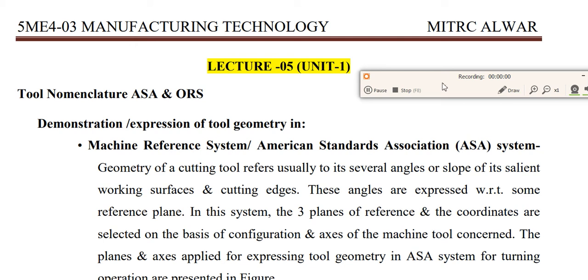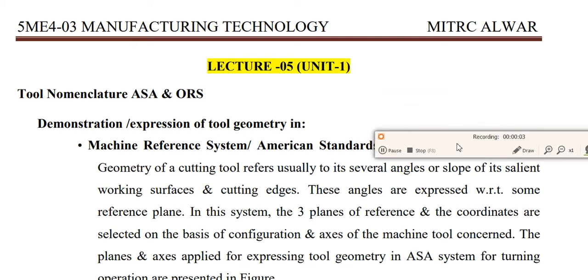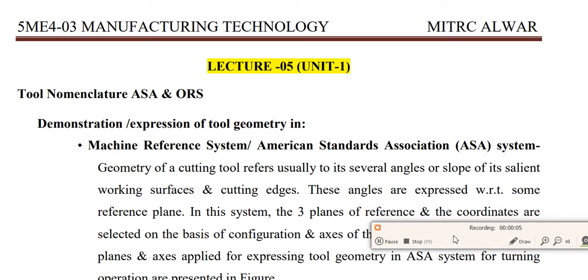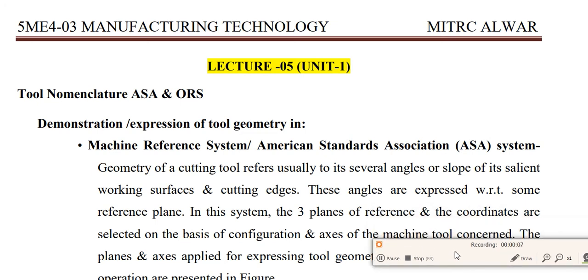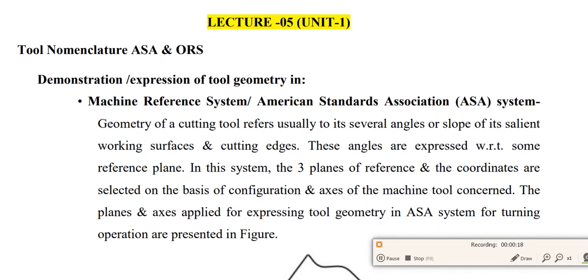Hello friends, in this lecture we will discuss the American Standard Association system and the orthogonal rake system. Before starting this topic, let us discuss and know the basics or fundamentals about ASA and ORS tool nomenclature. Here we can see the statement of this ASA and ORS. We can demonstrate and express the tool geometry